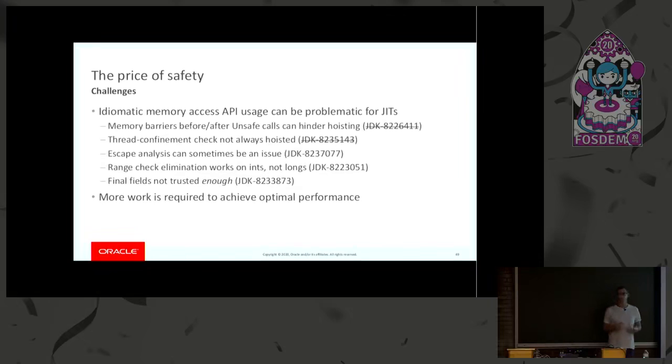But we are not done. There are a lot of issues around escape analysis. This API, as I said, is immutable. Every time you call base address, you create a new instance. Every time you do add offset on an address, you create a new instance. And sometimes these instances go in the middle and perturb some of the C2 optimization, that C2 is not so able to kind of see through some of the allocations.